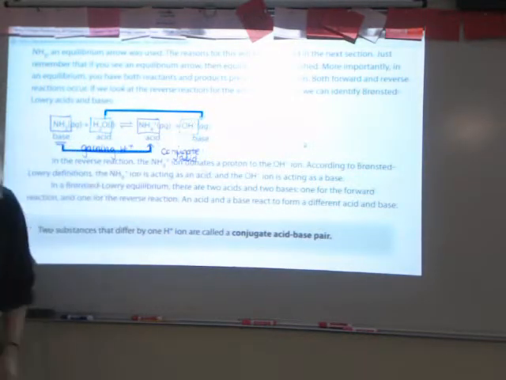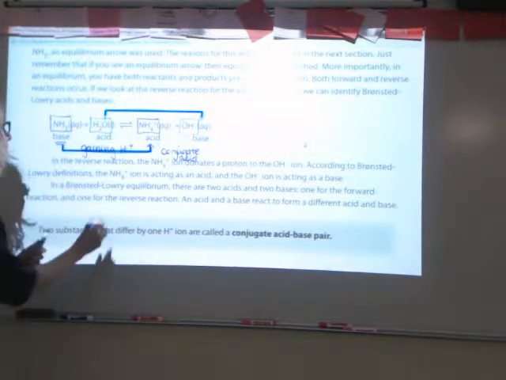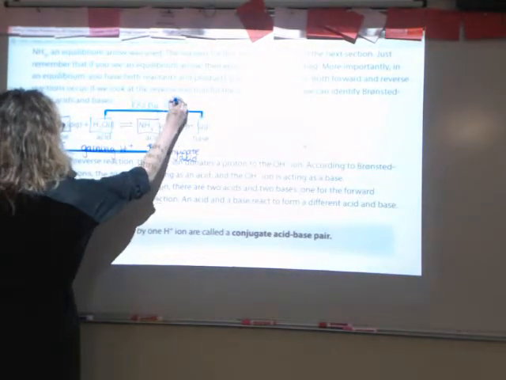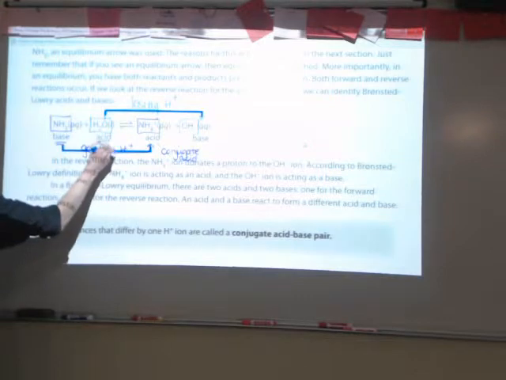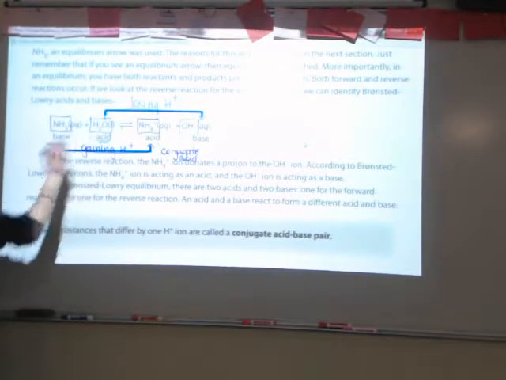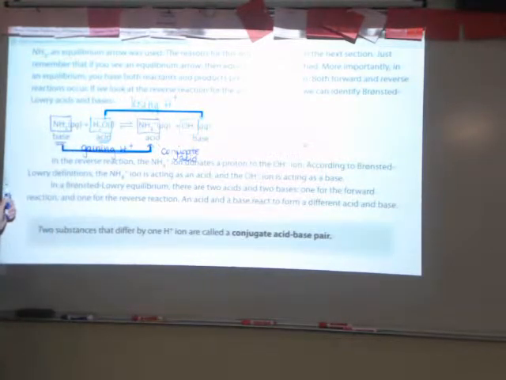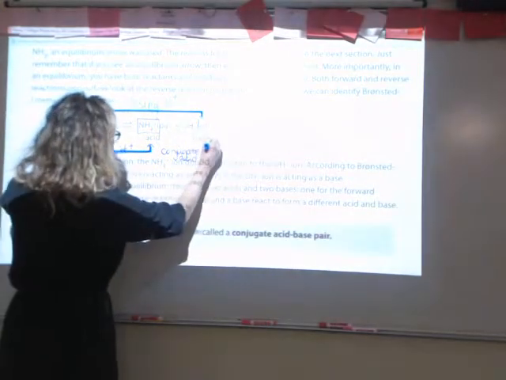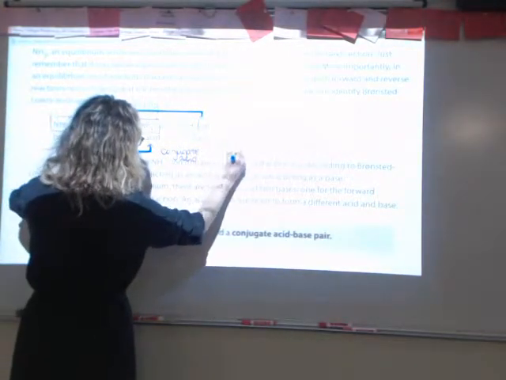left to right, am I gaining or losing a hydrogen? Losing. So if I'm losing a hydrogen, this reactant is an acid, because according to Bronsted-Lowry, acids get rid of hydrogen ions or donate them. So if this is an acid, its partner on the other side is a base. We call this the conjugate base